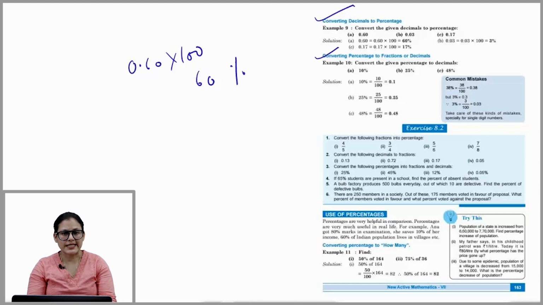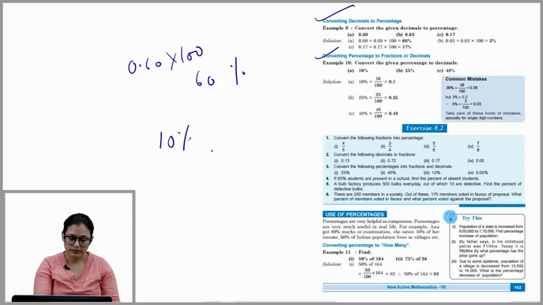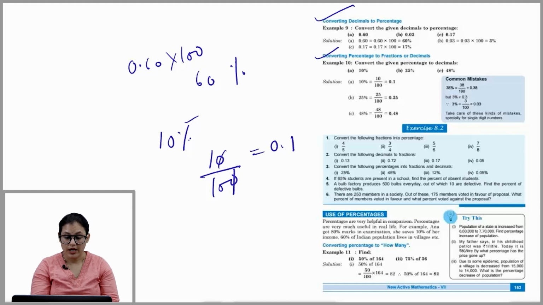Next, converting percentage to fractions or decimal. Convert the given percentage to decimals. Now percentage is given, 10%. Now you have to convert this into decimals or fractions. So what will you do? Now you will divide by 100. To remove this sign, you will divide by 100. Okay, 0.1 is the answer. Now you will not put this sign,